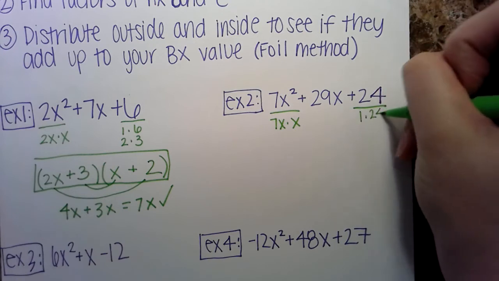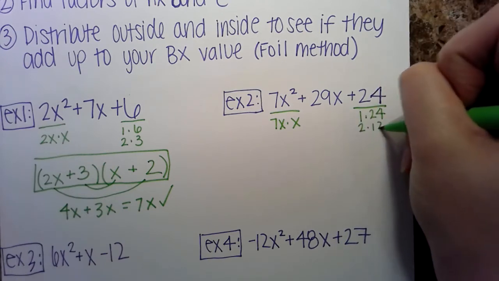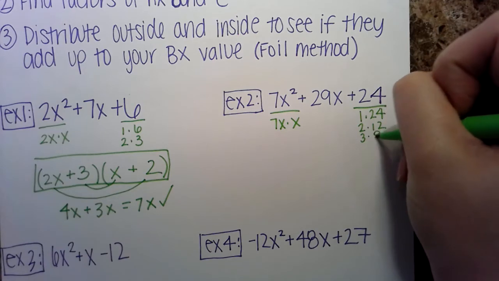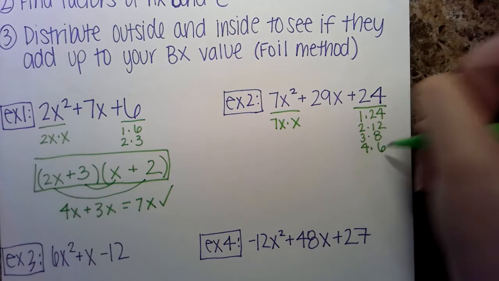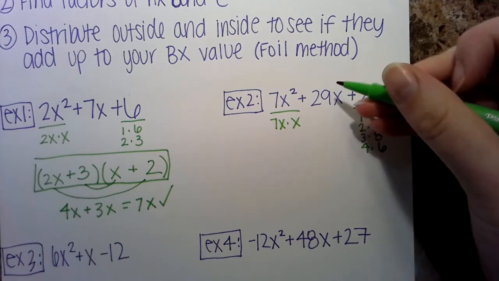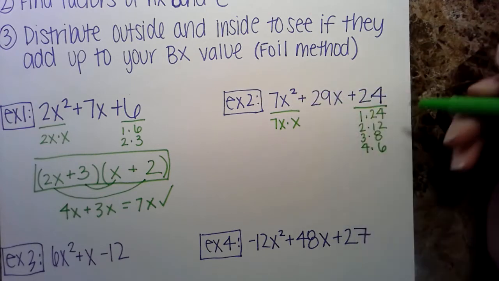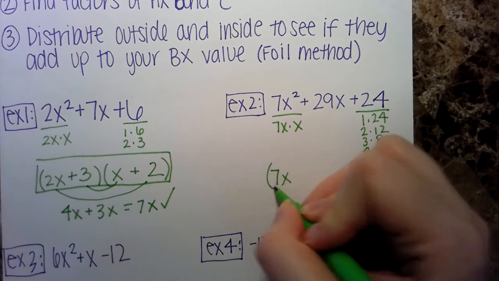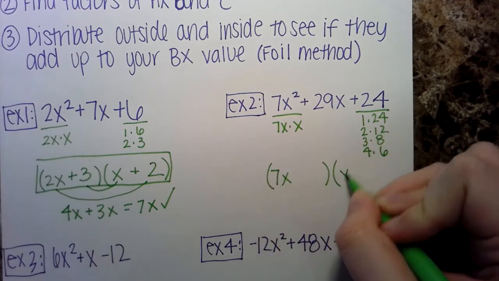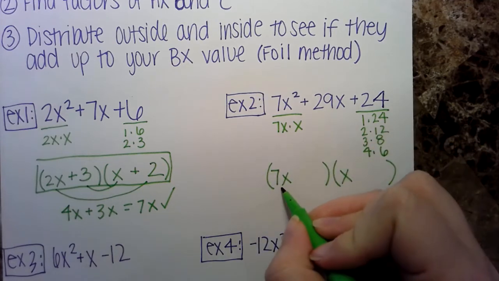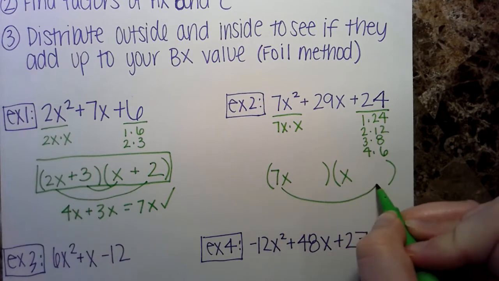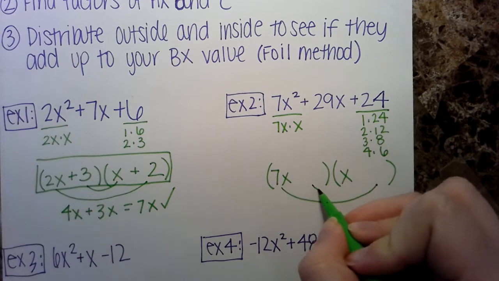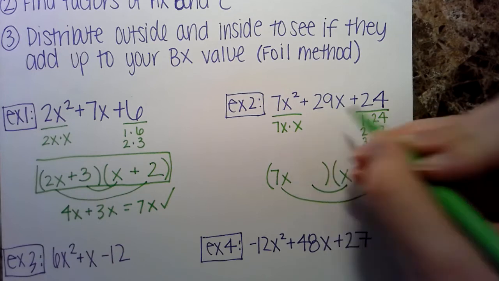So I have 1 times 24, 2 times 12, 3 times 8, 4 times 6, okay? This might take us a little bit because now we have to try to get to 29, but we have a lot of factors here. So we have 7x and x, okay? We have to think about 7 times what, and 1 times something is going to get us